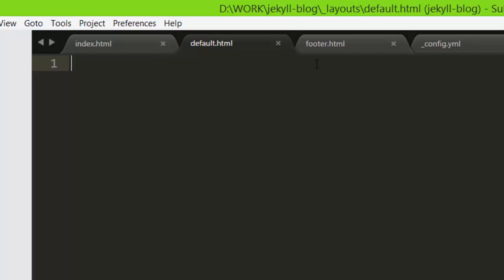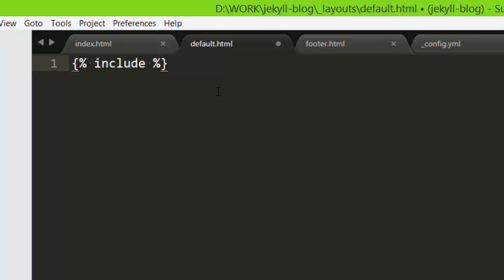So we just created header and footer. We are going to include that header and footer inside default.html. The way you add it is there is a Jekyll syntax. We have to type an opening curly brace and an ending curly brace. Inside these curly braces you have to type a percentage sign, so opening percentage and ending percentage, and in between you have to type include. So the syntax is just type include and the name of the file, that is header.html,